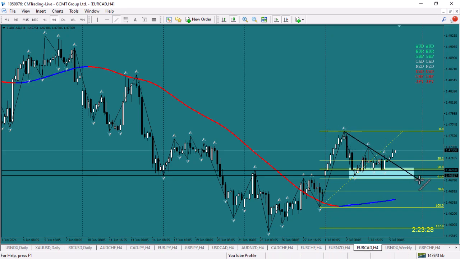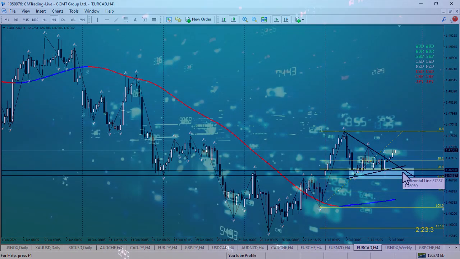It's going to be pretty much the same answer, but let's mark this just to make the technical picture more complete. You can see here the retest of the 50 to 61% of this directional swing. That's that area there, but also the retest of the pattern here, the triangle pattern, should be the same answer. So whenever it gets back down there, either testing this falling trend line or then the 50 to 61% level, that's the area I'm going to look for longs on some nice candle reversals.